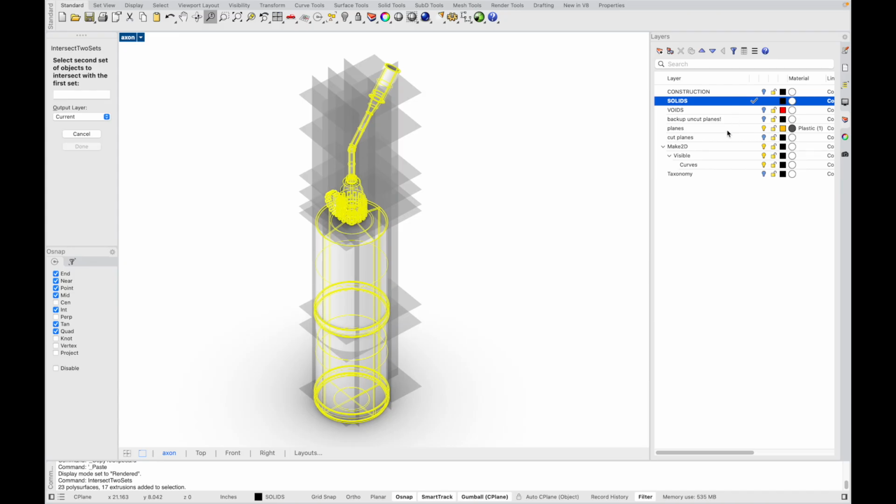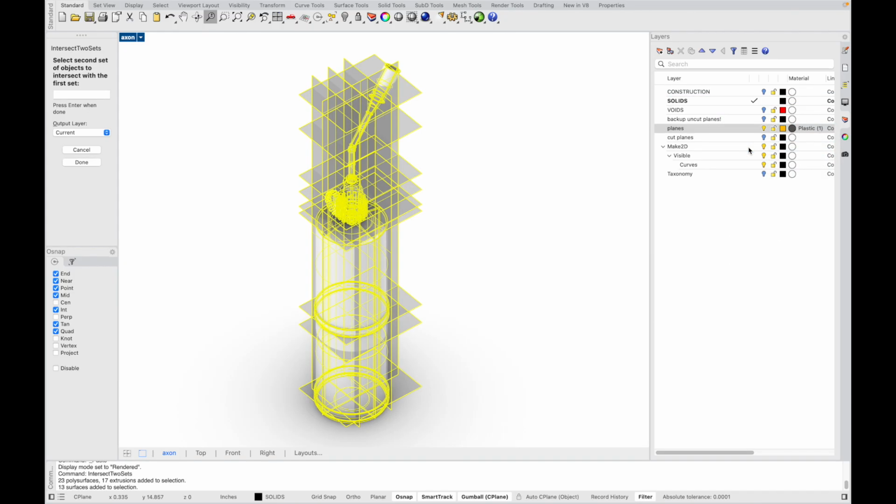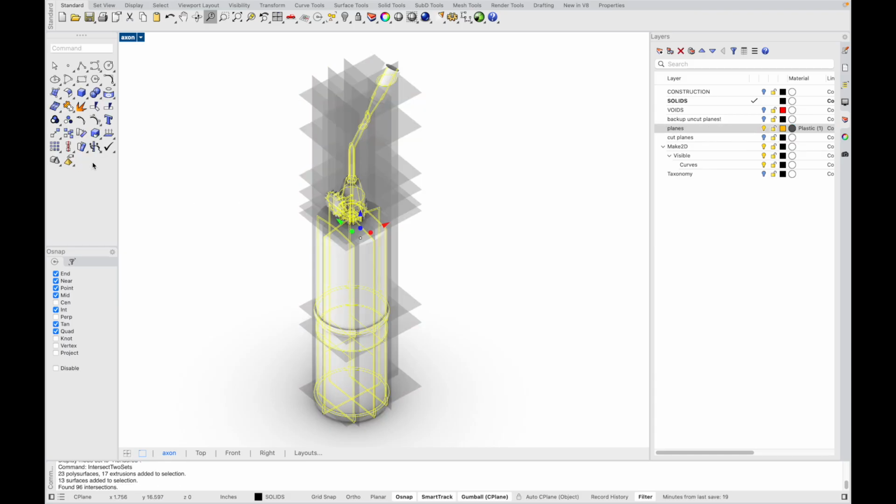Let's make that my planes. So that's going to be select objects, done. And let's ask it to calculate all the intersections between that stuff. And you can see now that suddenly we've got all these section lines that are happening there. And that's pretty helpful. I might be able to bump those up a little bit later in Illustrator,